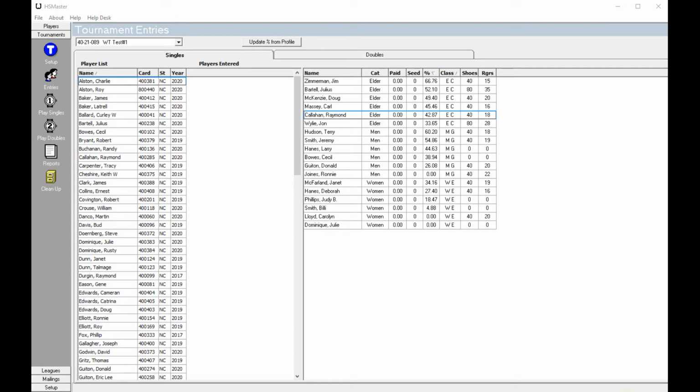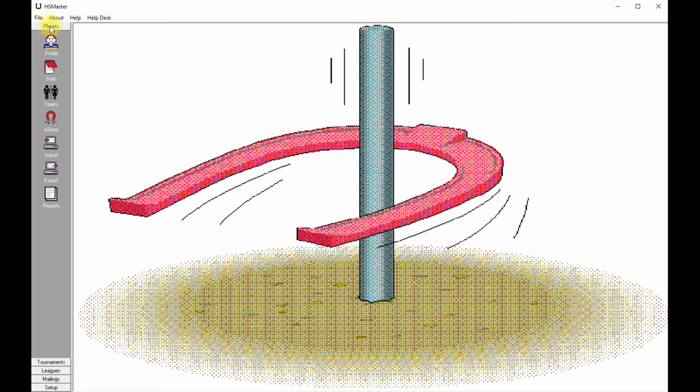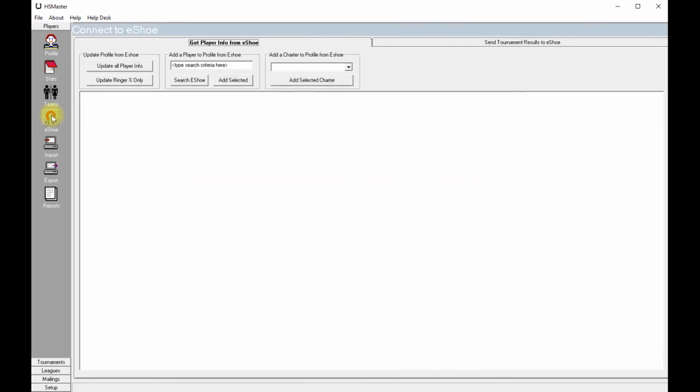Here is something else we should do prior to setting up our classes or prior to finalizing our classes. Let's go update our ringer percentage and make sure we got everyone in the correct class, in their correct positions. Let's go update their percentages. Let's go to players, and now we go to our icons on the left, and we want to go to our issue icon here, which is a little red horseshoe. Click on it, and now we want to go to